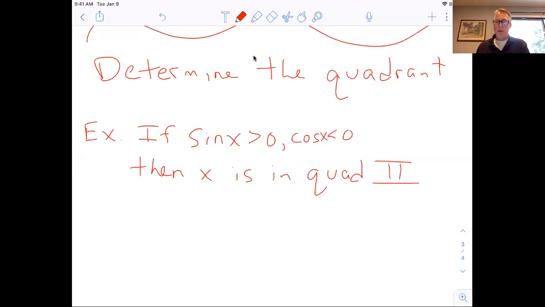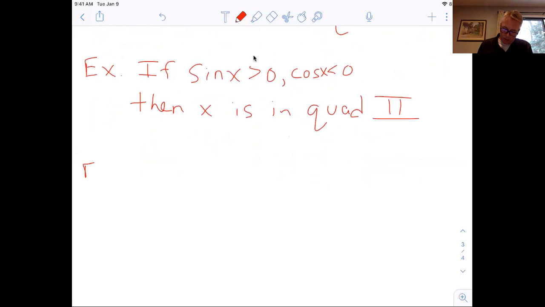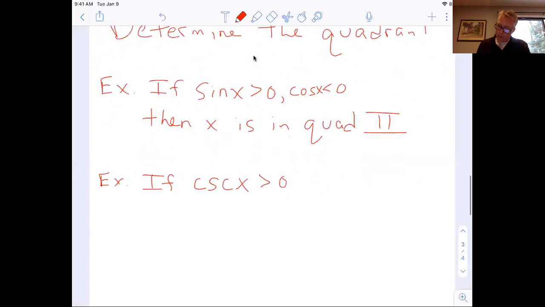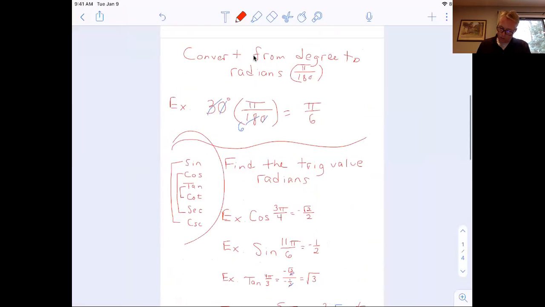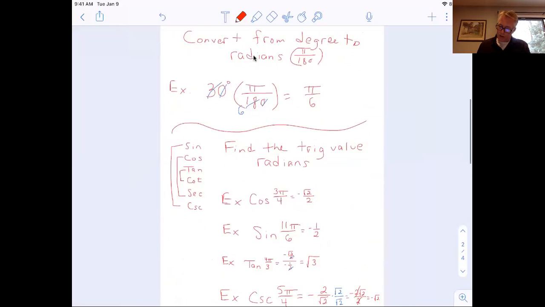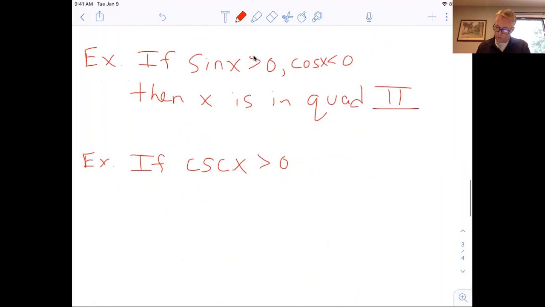All right, let's determine again the quadrant here for the next one. So if we're given, let's say, the cosecant of x is greater than 0. Now remember the cosecant, according to these, goes with the sine. So if the cosecant is positive, that's another way of saying that the sine is positive. Okay, so if the cosecant is greater than 0,